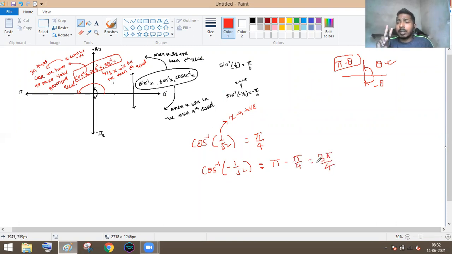Okay, so we have to discuss here two things. The first thing is, are we dealing with the positive x or the negative x? If we are dealing with the positive x, then we have to move to the first quadrant. But if we are dealing with the negative x, then we have to move to either the fourth quadrant or the second quadrant. So for the first group, we move to the fourth quadrant, and for the second group, we move to the second quadrant. Are you clear with this part, Sri?